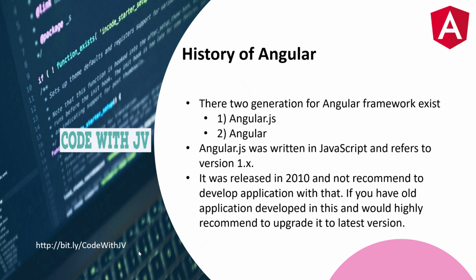So let's get into the history of Angular. There are two generations of the Angular framework. One is AngularJS and the second is Angular. AngularJS was written in JavaScript and refers to the 1.x versions. I think the latest version of AngularJS is 1.7 or 1.8 and it was released way back in 2010 and